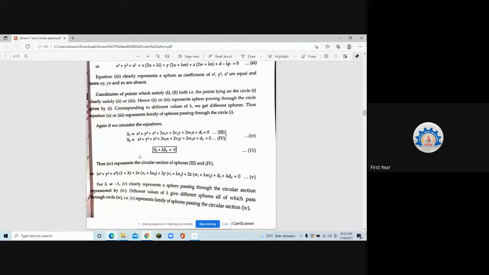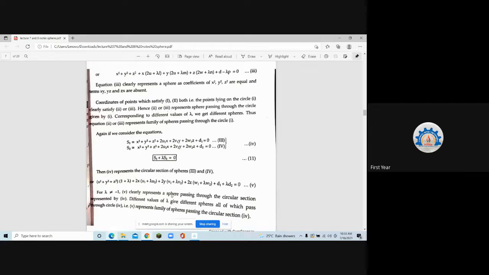Then we will get a sphere, and for finding lambda again, some different conditions will be given to us. So if you want to find a sphere from these two spheres, there are two ways. S1 plus lambda S2 is equal to 0, that is there, and one more condition will be given which will help me to find lambda. या फिर अगर ये नहीं हुआ तो what I can do, I will get that plane S1 minus S2 is equal to 0, which will be a tangent plane if it is, or another simple plane.